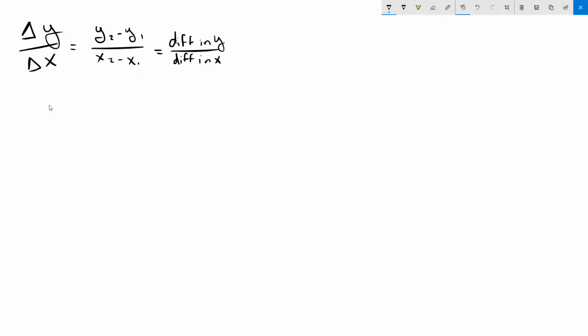In the book or on the slides, if you see them, they actually write this a little differently. They'll write it as f of a minus f of b, all over a minus b. And this is the exact same thing. Pretty much our a is going to be our first x, and our b is going to be our second x. Whenever we plug our x value into our function,